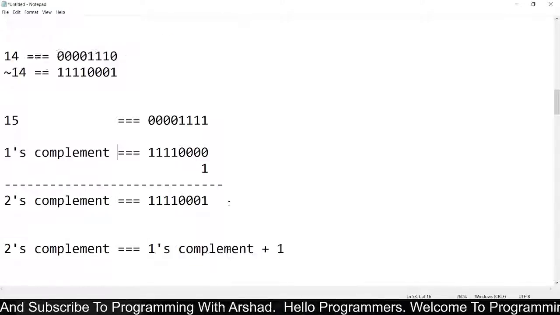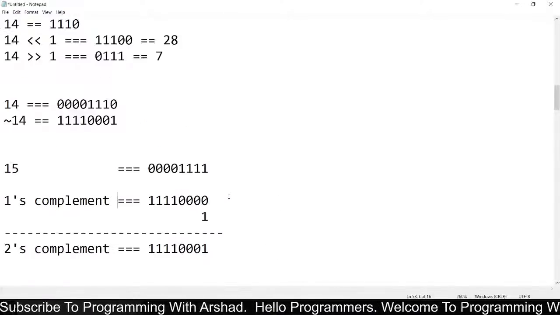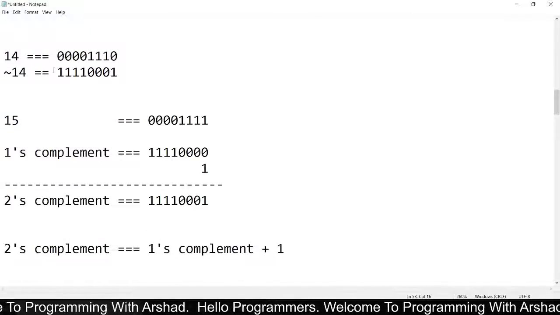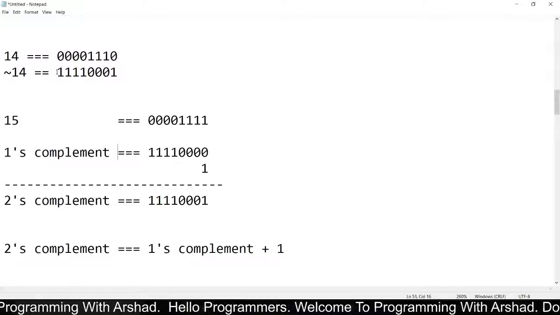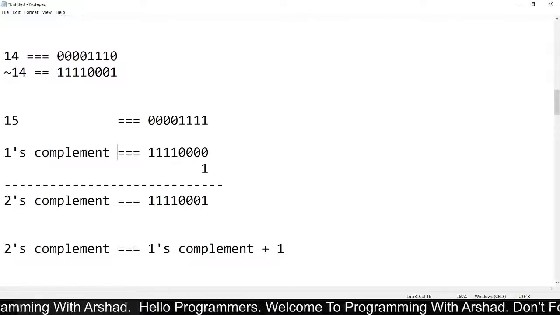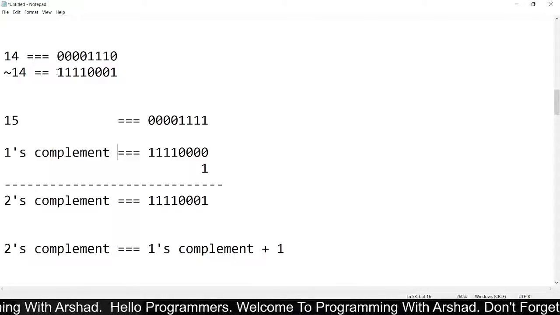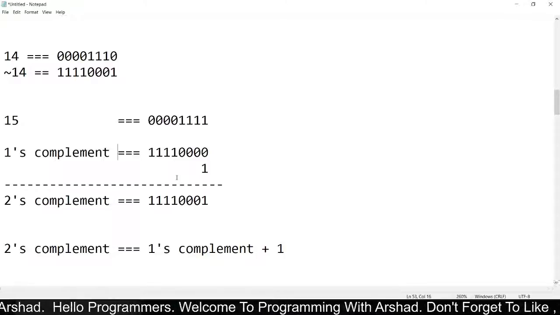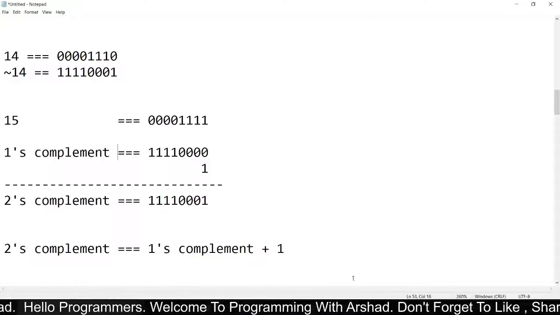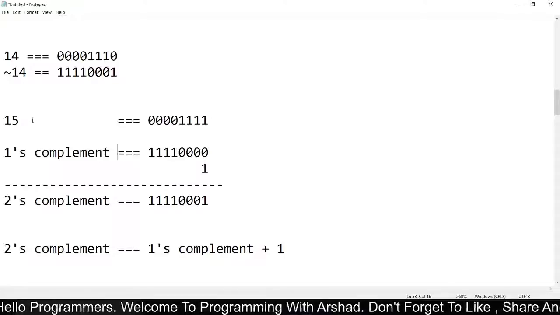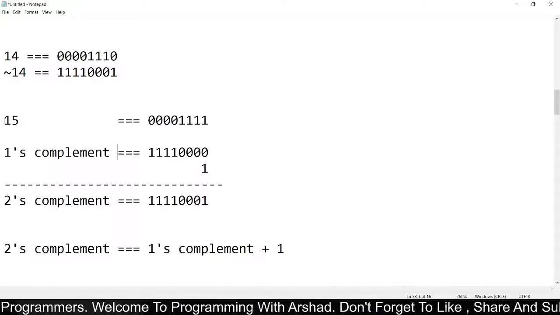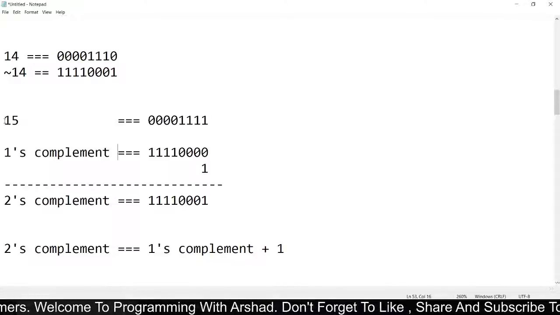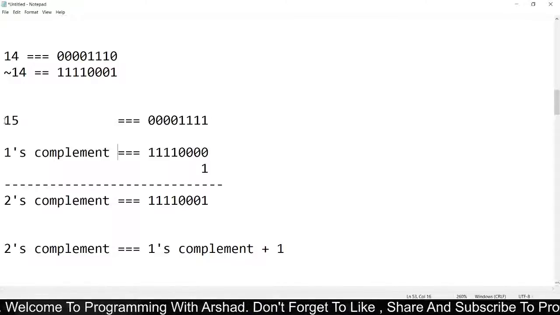So finally we can conclude that, in the case of the not operator, we must find the 2's complement.